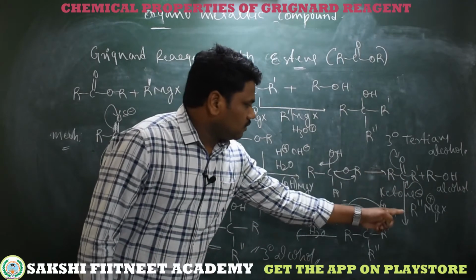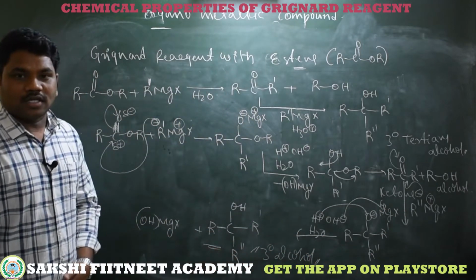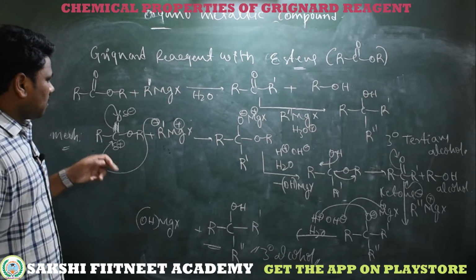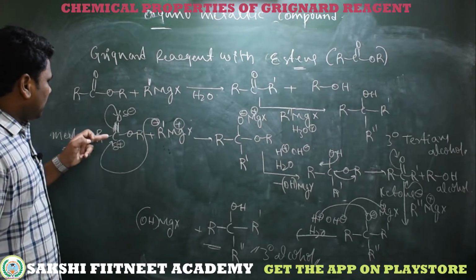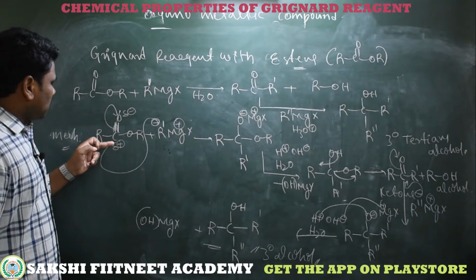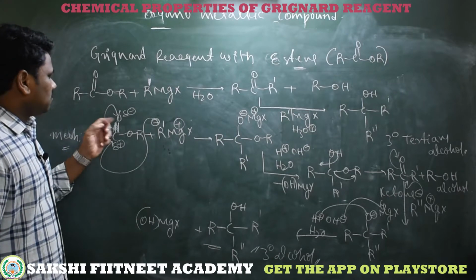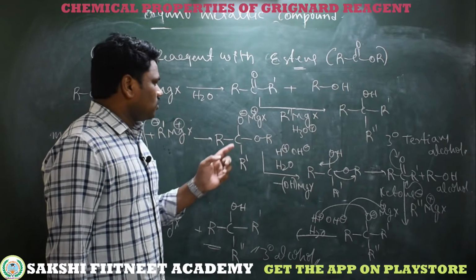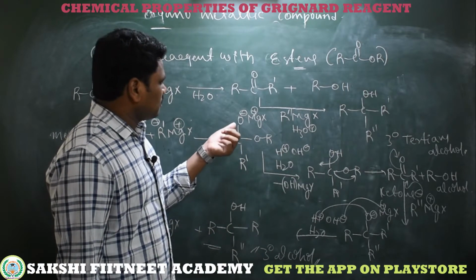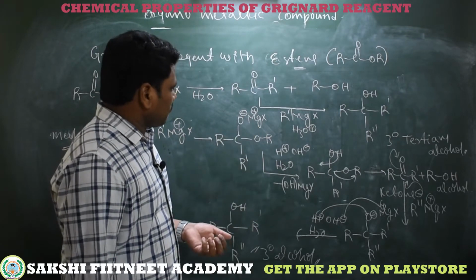Again, this ketone with one more mole of Grignard reagent gives a secondary alcohol. See here, this is an electrophilic carbon, and obviously the nucleophilic carbon attacks this electrophilic carbon. Due to the excess of bonds, the pi bond is weak and shifted towards the more electronegative side. Then negative charge accumulates around the oxygen, which is neutralized by MgX plus. On hydrolysis, this O minus gets H plus, and MgX plus gets an OH minus.